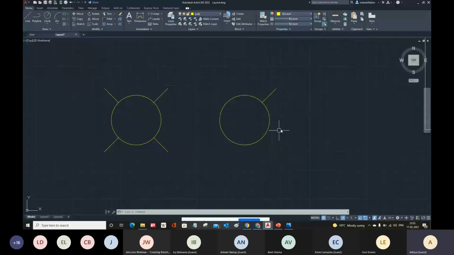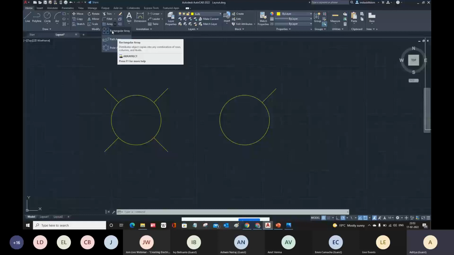Now we are going to use the array command. Here you can see we have array, and you can also click on the drop down along with the array. That will allow you to choose the direct option which you want, because if you are using the simple array, then you need to specify the array type. But as we know that these items are aligned according to this circle, so that is under the polar array, where we can specify the angles, angular values. So choose polar array directly from the drop down.